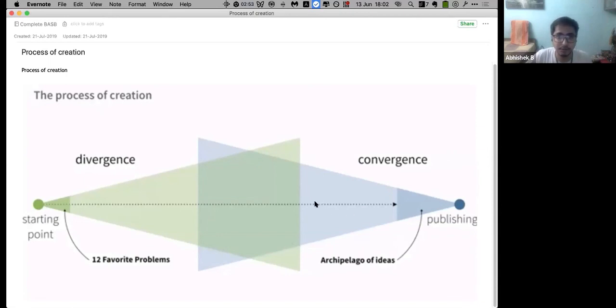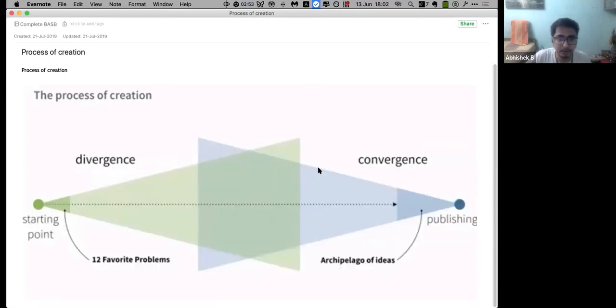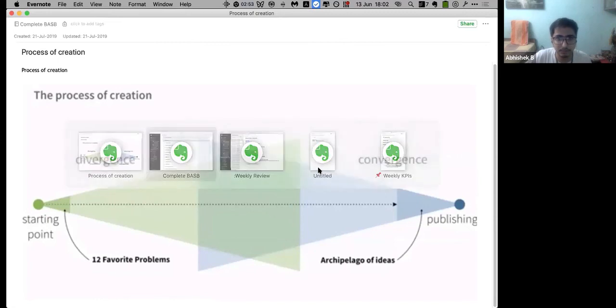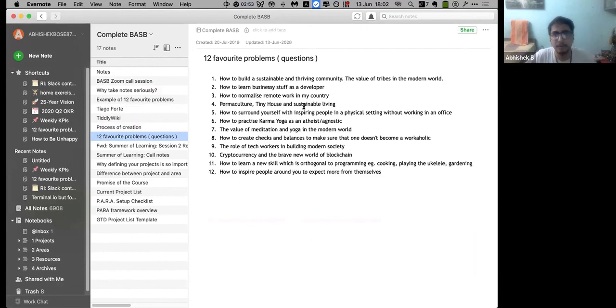And just to give more clarity, I'll share an example as well. So if you can see my 12 favorite problems, this is an idea which I think Richard Feynman introduced, and these keep changing over a period of time.